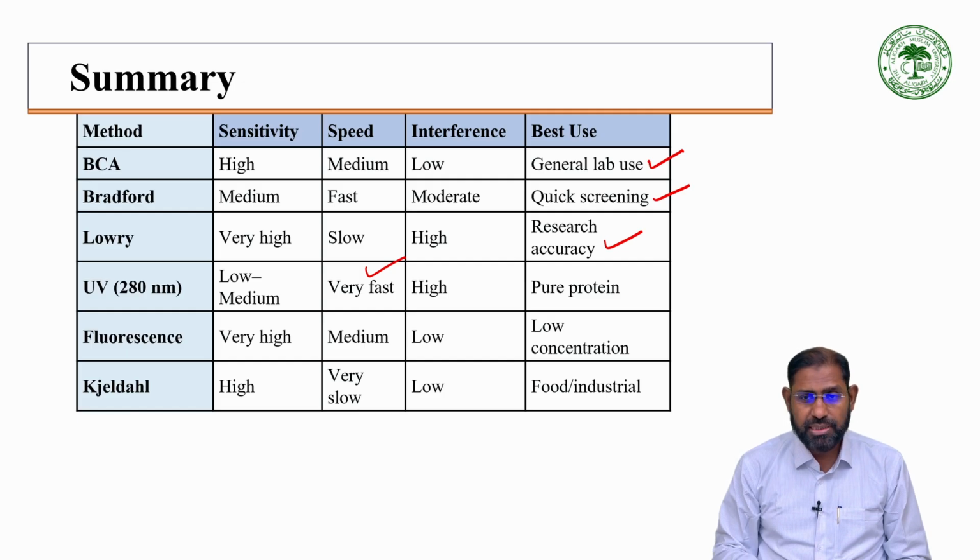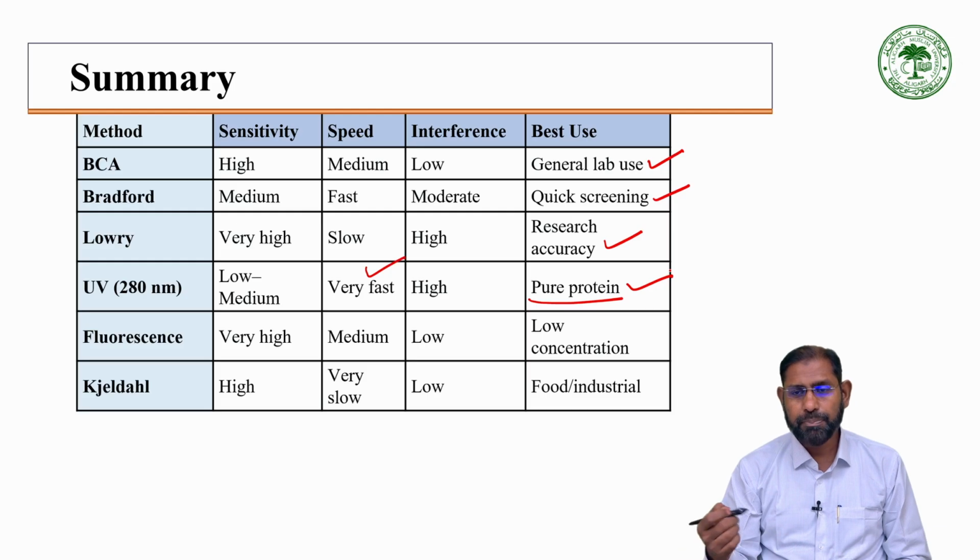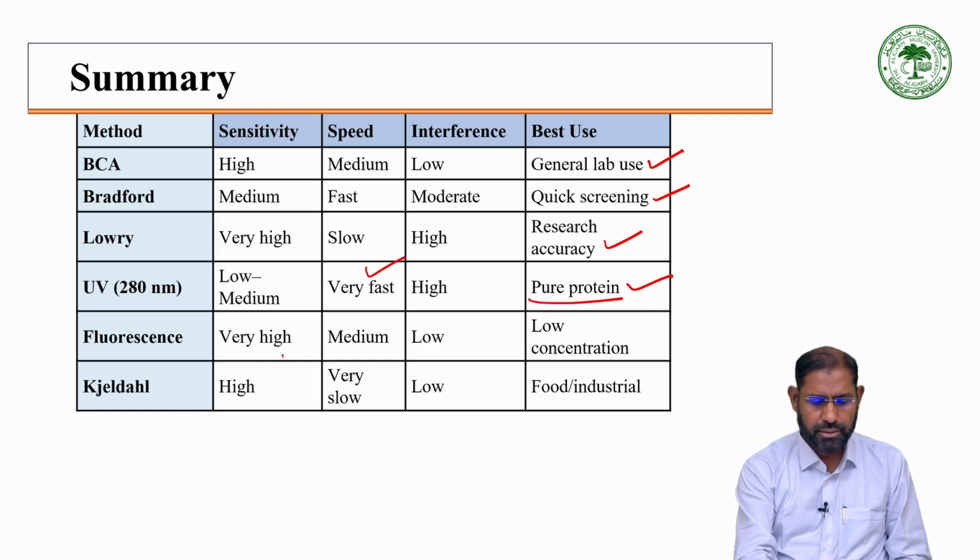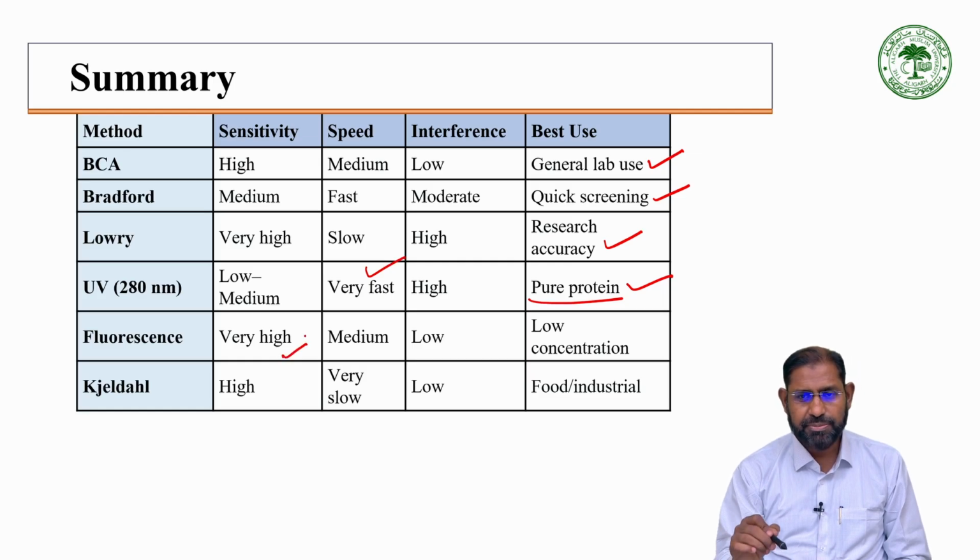And for this purpose, the best use is pure protein, because in impure protein there is interference from nucleic acids or salts and buffer solutions. Then fluorescence is a very sensitive method, speed is medium and interference is low, and the best use is that we can quantify low concentrations of protein with the help of